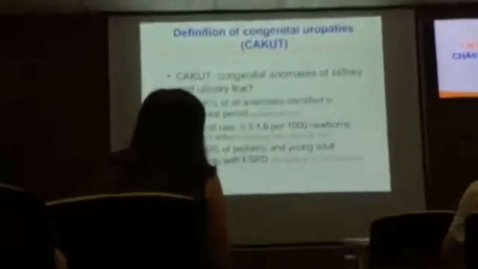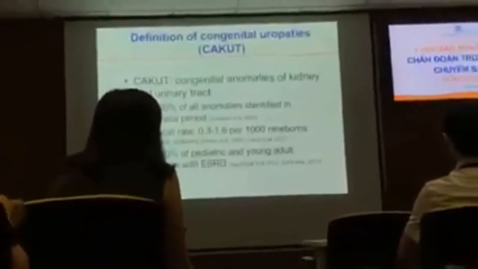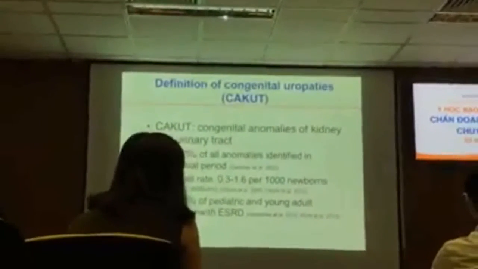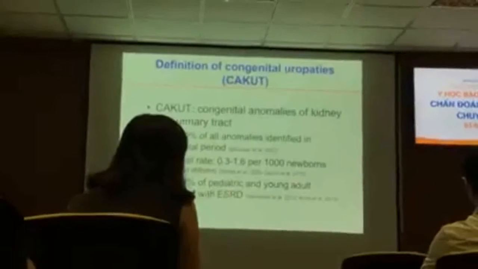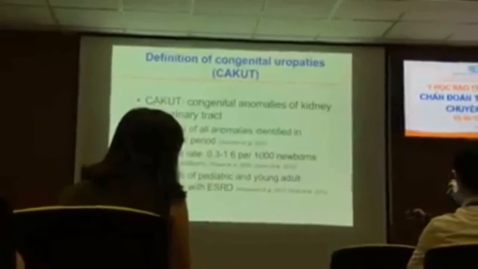The overall rate is 0.3 to 1.6 per 1,000 newborns, including live birth and stillbirth. 30 to 60% of pediatric and young adult patients with ESRD, which is end stage renal disease, need